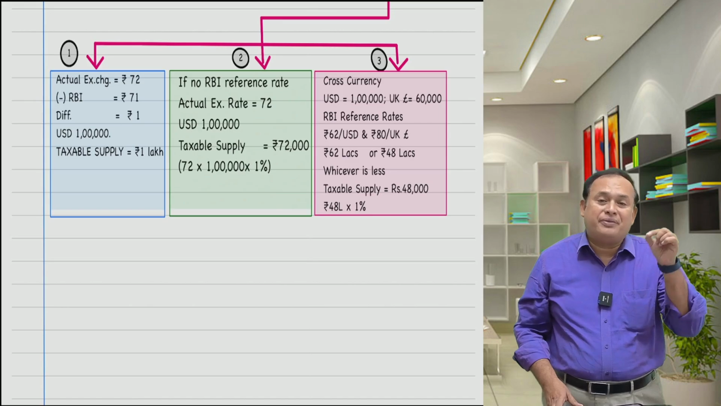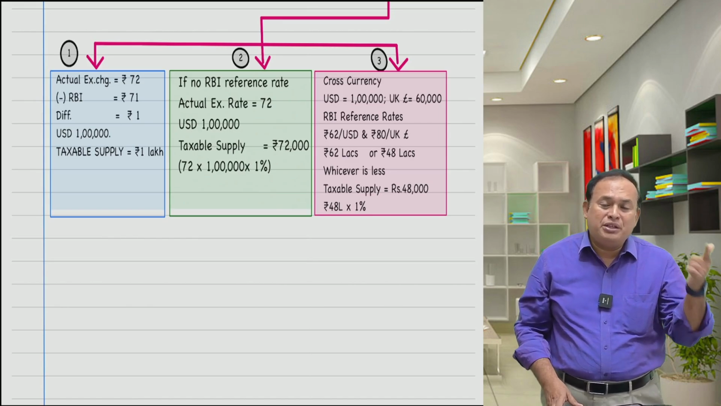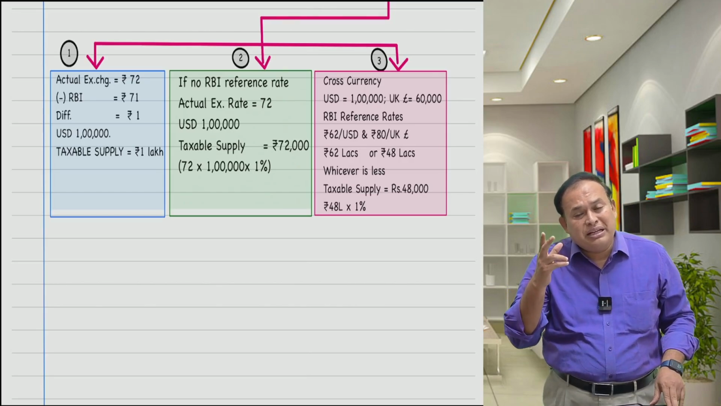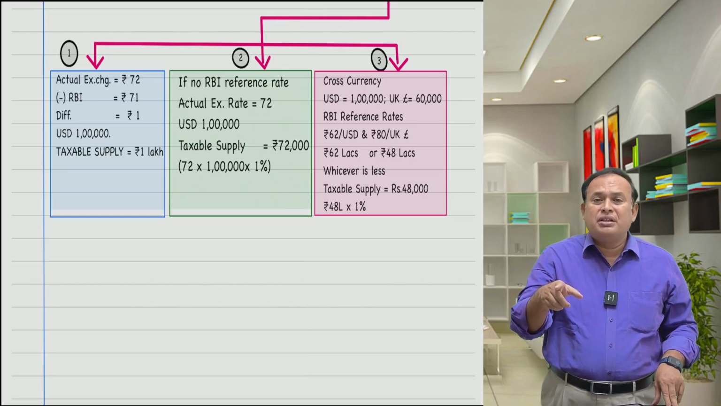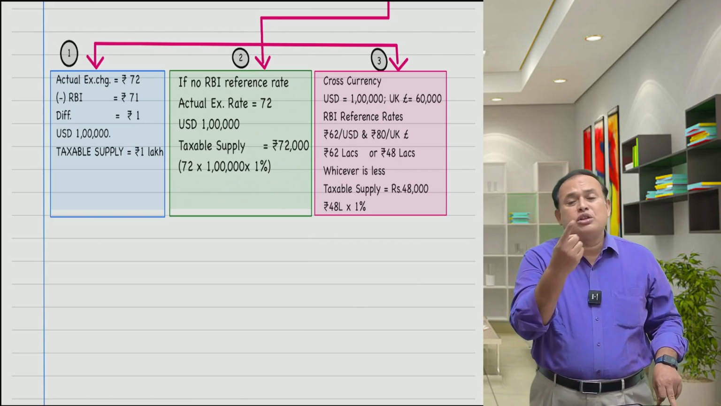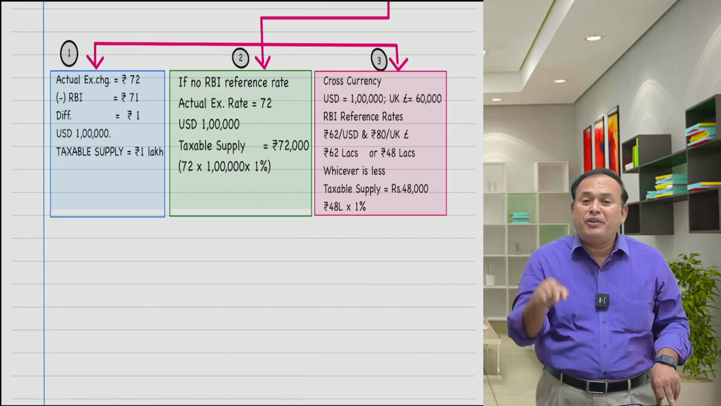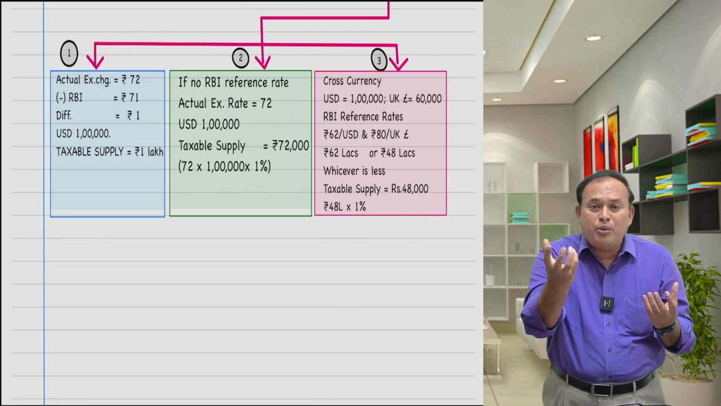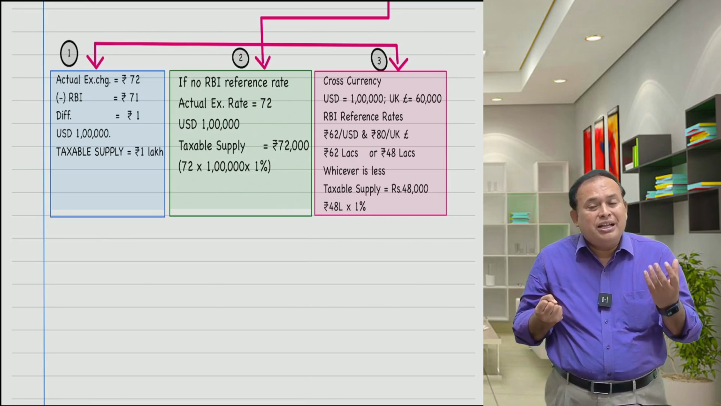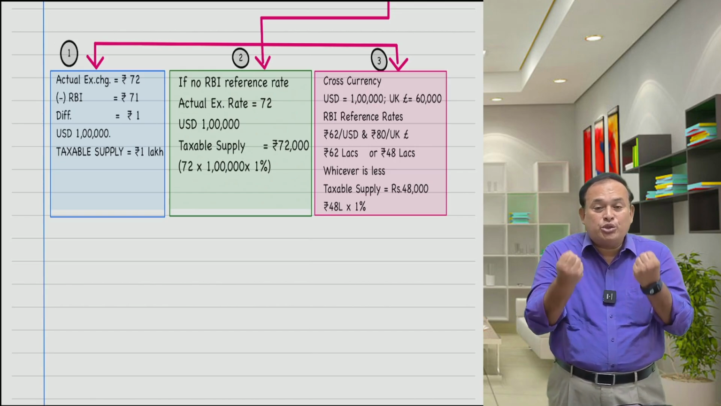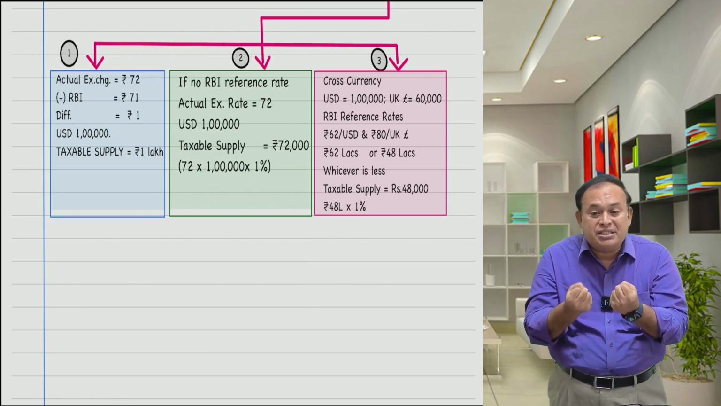Its RBI reference rate is multiplied with the US dollars. Exchange rate of RBI reference rate for UK pounds: the number of UK pounds given by the buyer for the want of US dollars, multiplied with the Reserve Bank of India RBI reference rate. Then you will get UK pounds equal to Indian rupees, and US dollars equal to Indian rupees. Among the two, whichever is less,